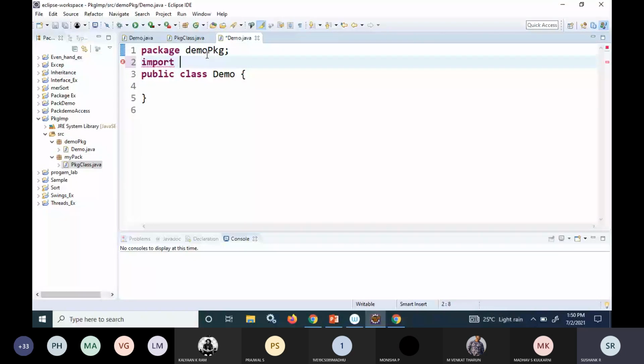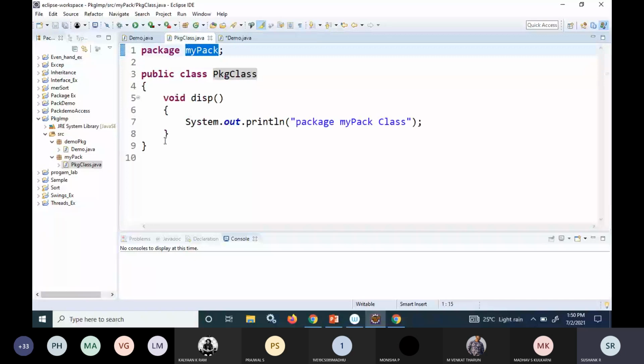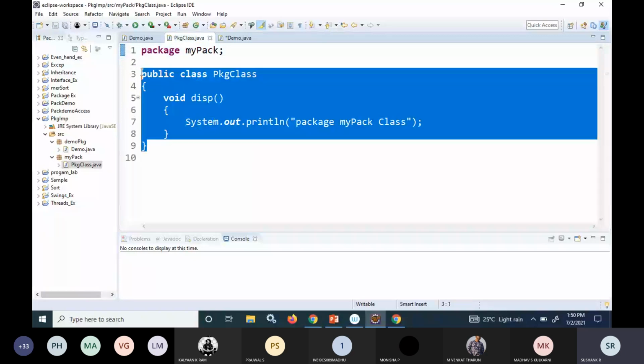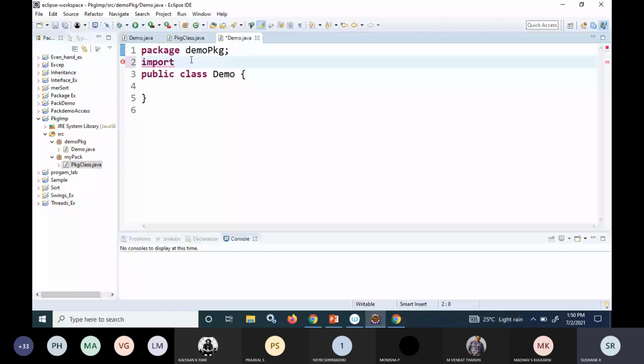By using the import statement, all the classes that are there in this package will be available. But at what line should you use this import statement, at the beginning of the file or at the end of the file? It should be used at the beginning of the file if it doesn't have any package statement. If there is a package statement, this line should be used after the package statement.